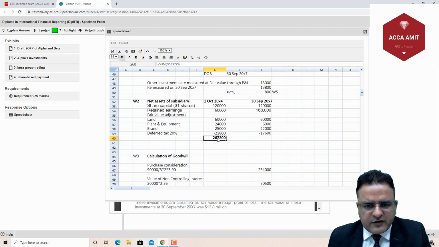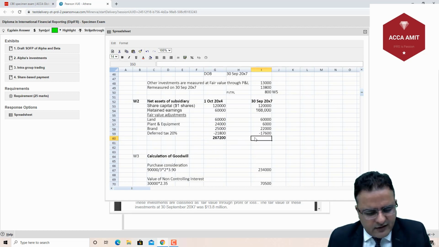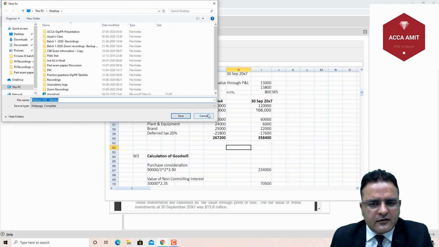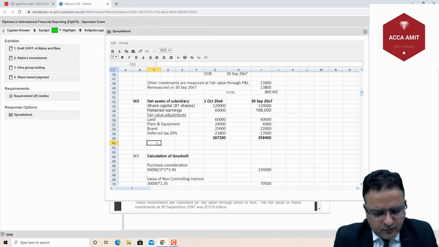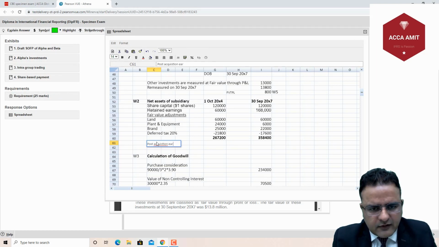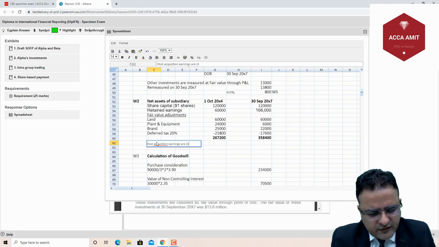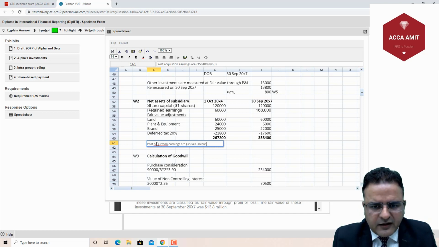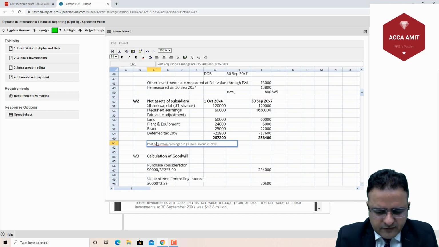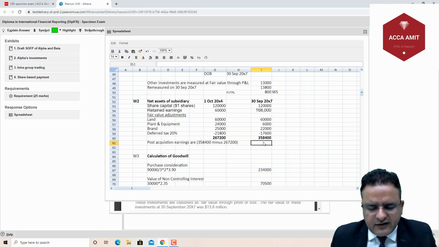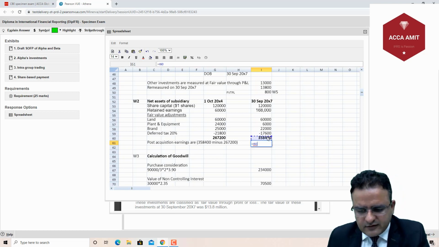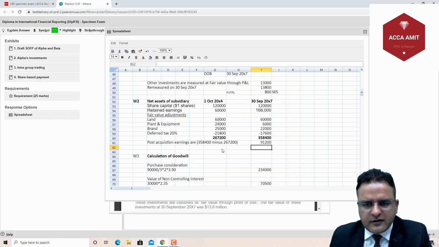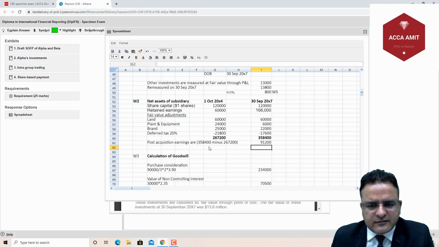the total net assets position on the date of acquisition is 267,200. The same I can copy paste here. I'll get to know the balance on the date of the balance sheet, that is 358,400. Post-acquisition earnings are 358,400 minus 267,200. The balance is equal to this minus 267,200. 91,200 is the post-acquisition earnings, in which